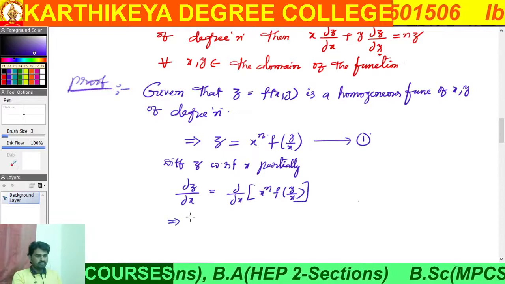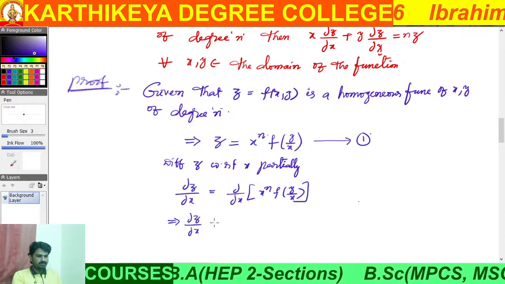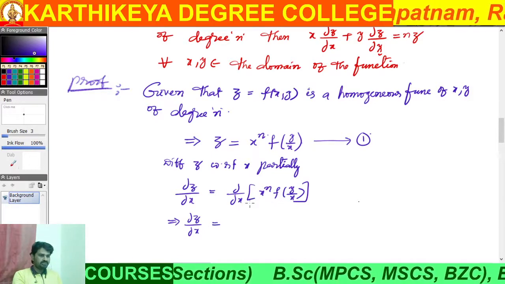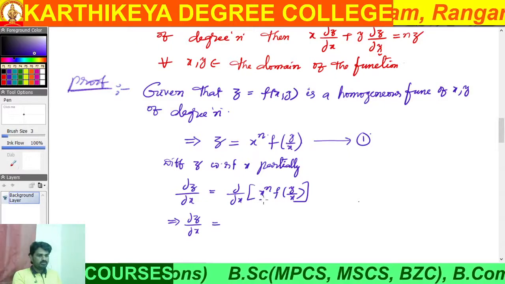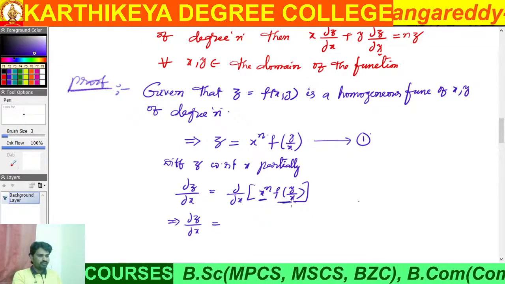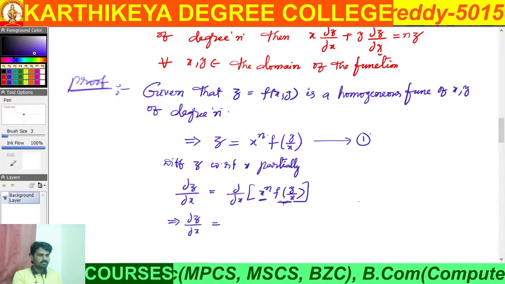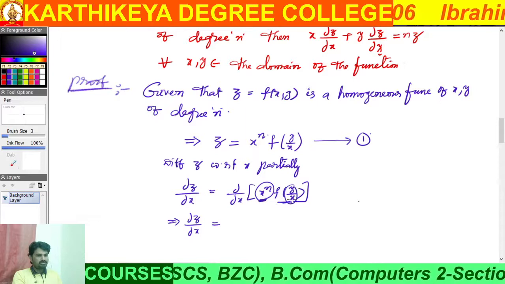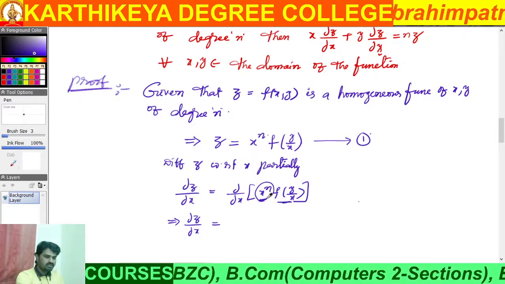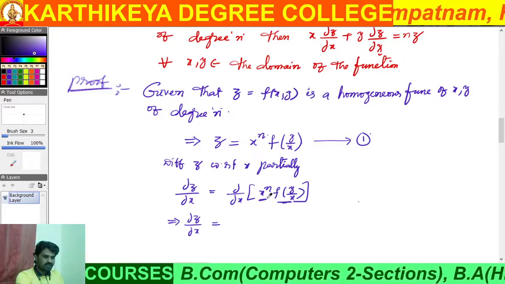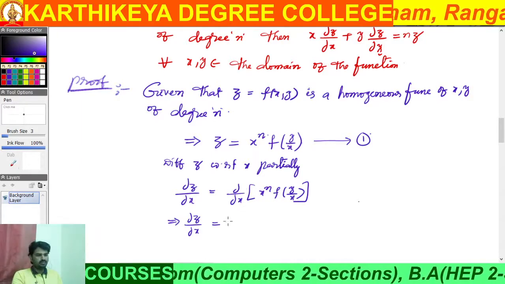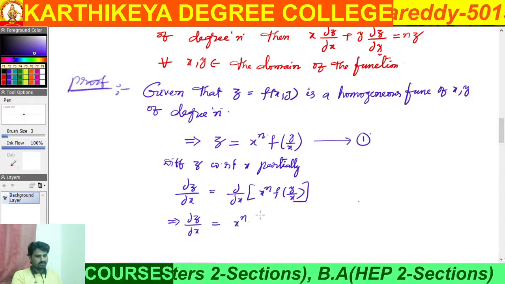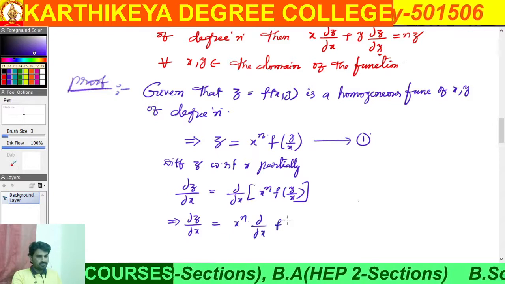Here two functions are there, x power n and f of y by x, and in both of them the x variable is there. So we can differentiate using the u into v formula. If we take x power n as u, then it is u into the derivative of the function of y by x,